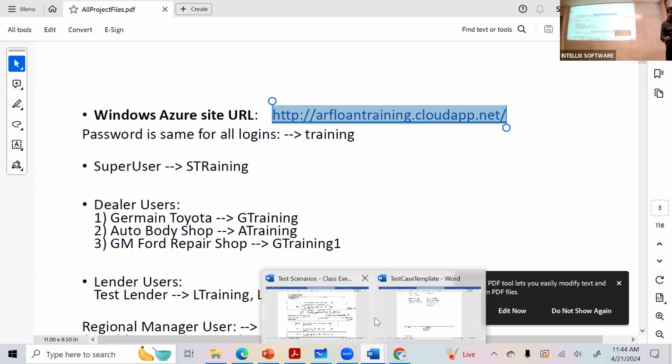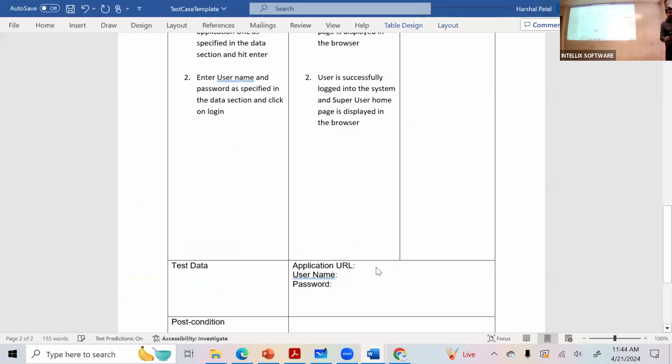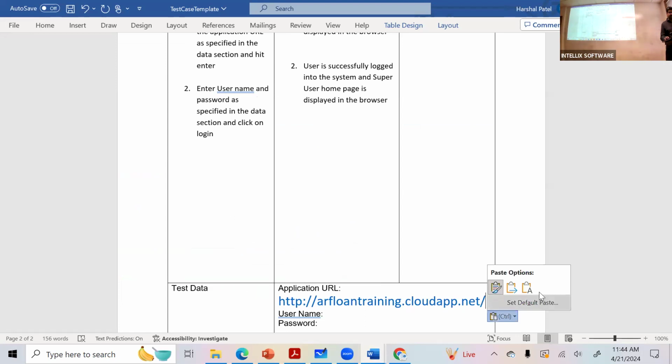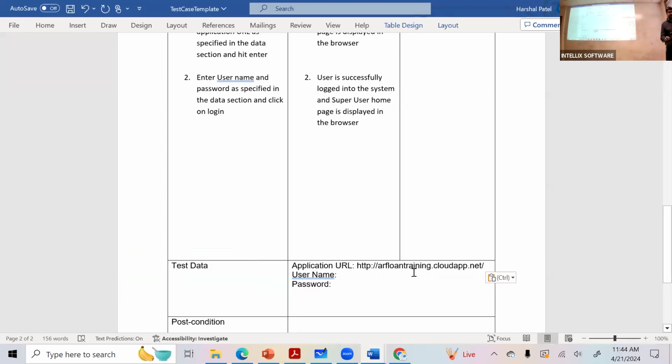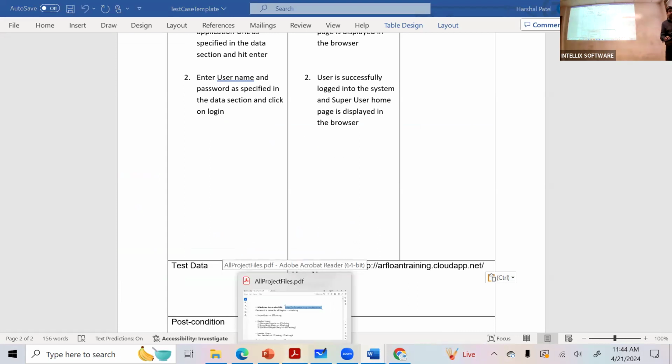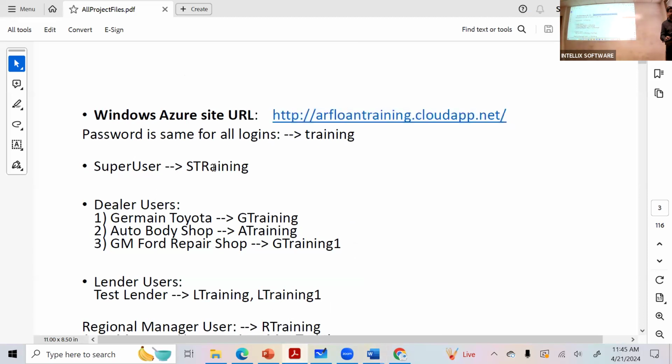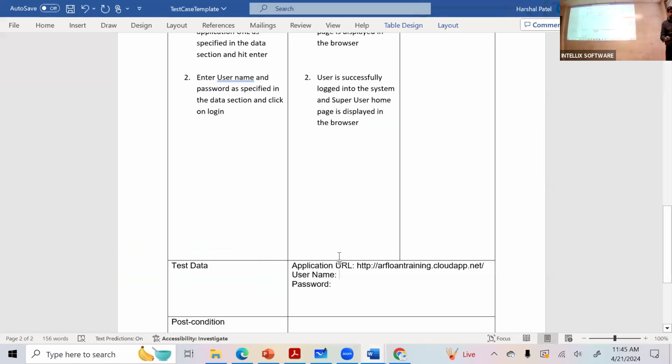So my application URL is going to be rloantraining.cloudapp.net. My username, remember, what kind of user am I trying to be? Super user. My super user's user ID is straining, and the password is training.